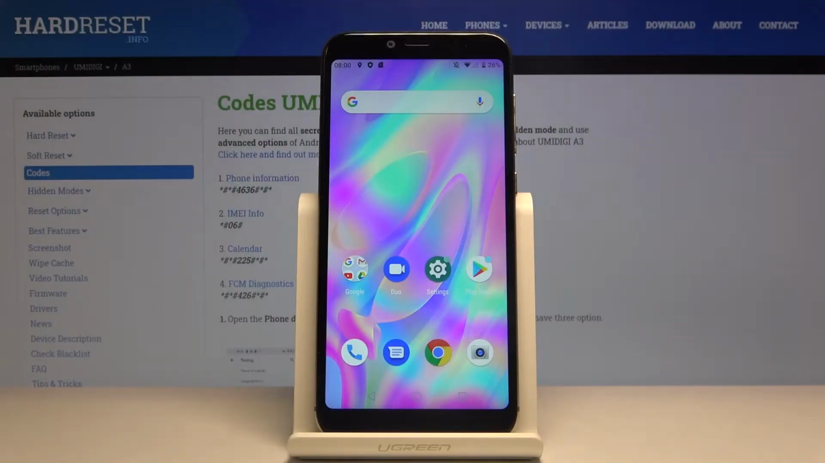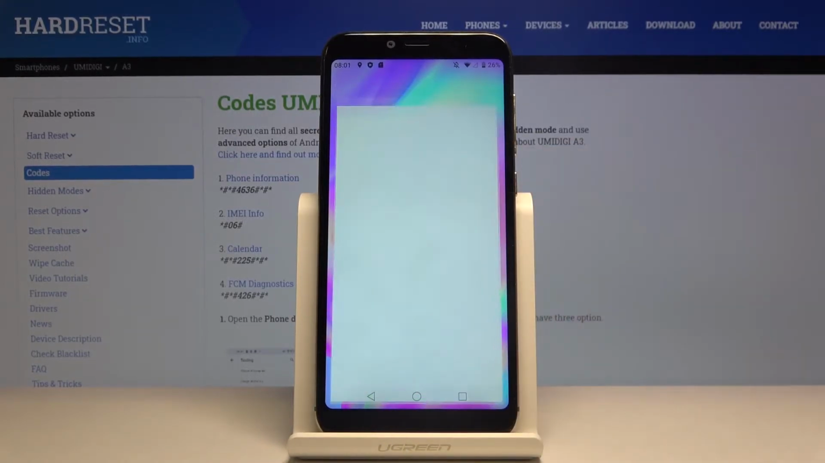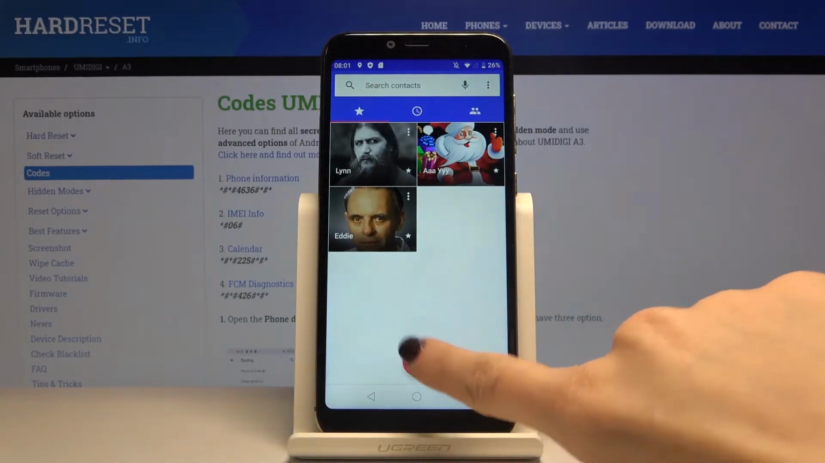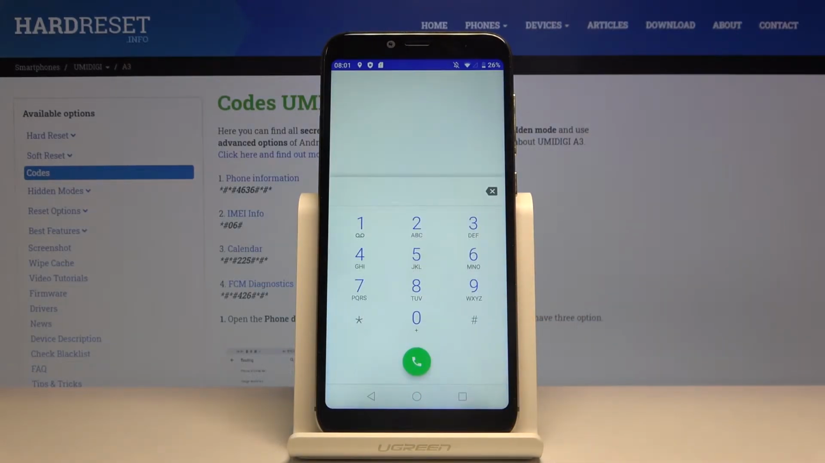In front of me is Umidigi A3, and let me show you how to use secret codes on this device. So first of all, you need to open your phone dialer and go to your keypad. And let me start with the longest code, which is *#*#